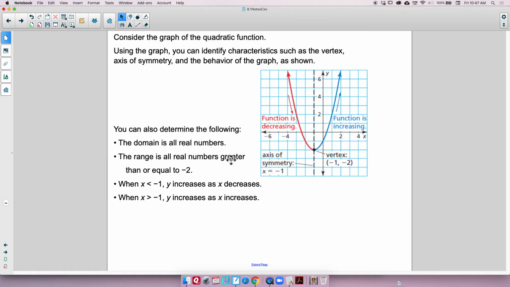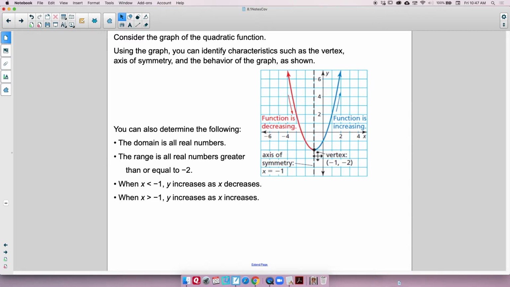The range is going to be what? Well, if this is our lowest point, we never go below -2 on the y-axis, right? So our range is going to be all real numbers greater than or equal to -2. So you could write that as y is greater than or equal to -2. Okay, and then what does this say? When x is less than -1, which would be this part of the graph,